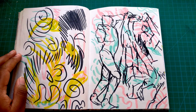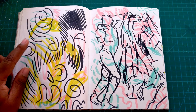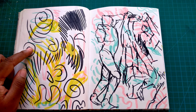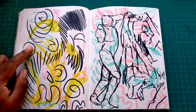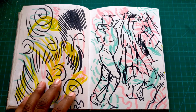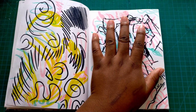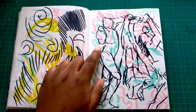And this was in a sketchbook spread process video I did, which I'll link up in the eye. I talk a little bit about art style in there, so if you're interested in that. Sadly, this page is not part of the sketchbook spread, it's just this one. But for this page...